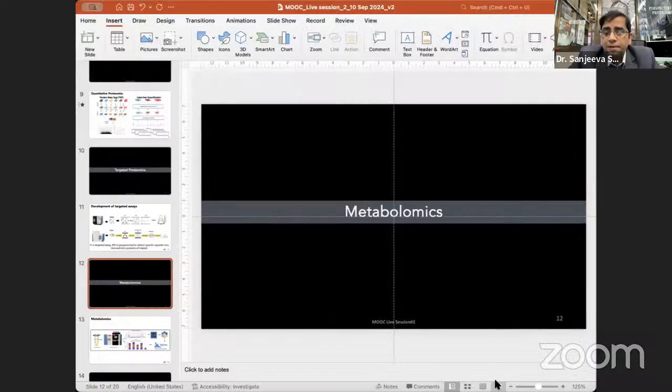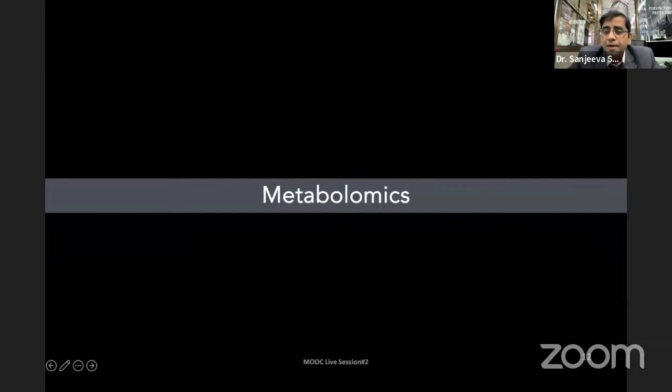Additionally, since we're talking about mass spec, there is also a very powerful LC-MS approach to look at the metabolites in a field known as metabolomics, right? The way we look at all the proteins in proteomics, likewise, mass spec is very powerful to look at all the metabolites. Although there are other techniques as well, like NMR and GC-MS, they give you very specialized classes of metabolites, but a global broad survey can be done with the LC-MS based